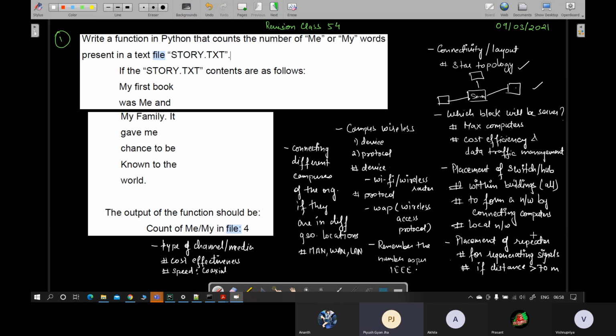और क्या क्वेश्चन पूछ सकता है उसमें? कि वायर्स को नेटवर्क्स में कैसे कनेक्ट करेंगे टू फॉर्म इंट्रानेट, इंट्रानेट फॉर्म करने के लिए। कोएक्सियल लिख दिया मैंने, अच्छा, आई वाज सेइंग ऑप्टिकल फाइबर लिख दिया, कोएक्सियल, आई एम सॉरी।